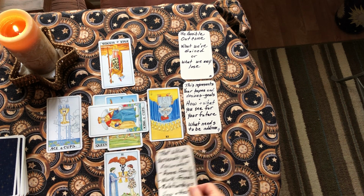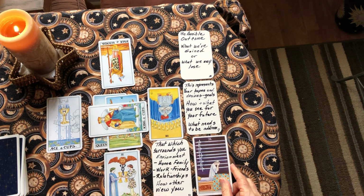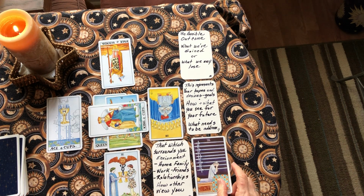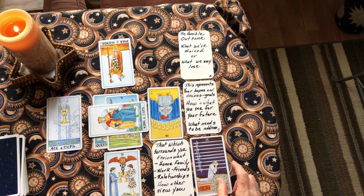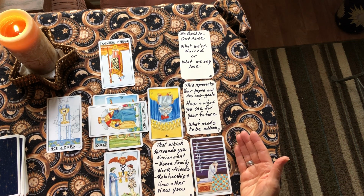So let's look to see what card is here for our client. Okay, we have another 9. We are now at the 9 of Swords. So I would ask my client, do you feel like the weight of the world is on your shoulders? Do you feel like you